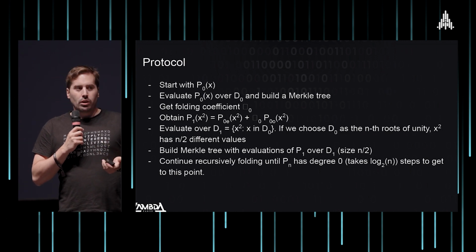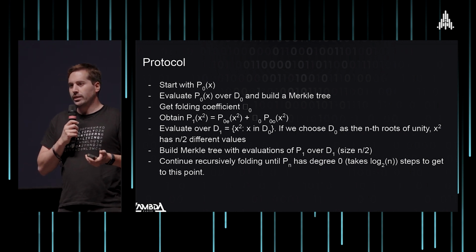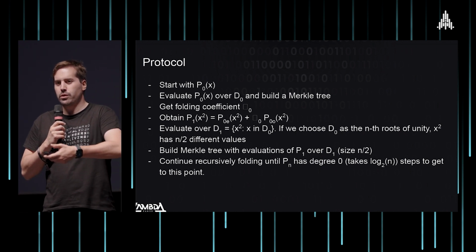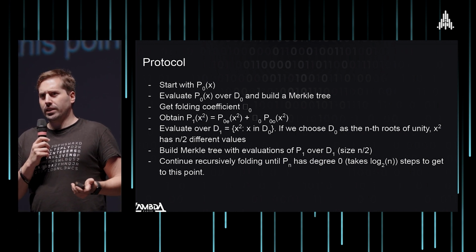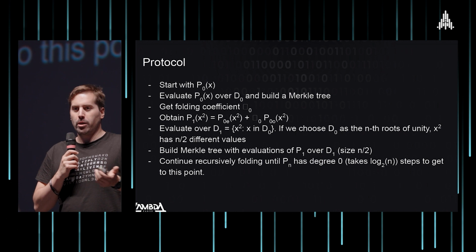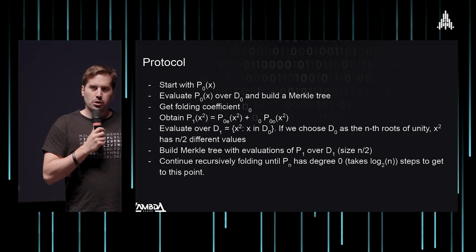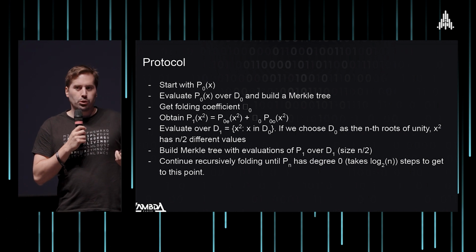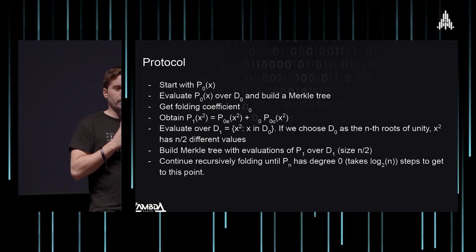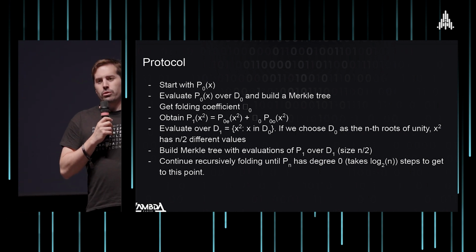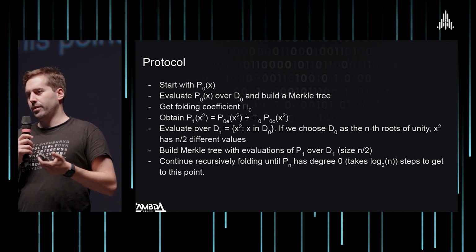So what's the protocol like? We start with a polynomial. Of course, one way to show that something is a polynomial is just I give you all the coefficients and you check that it is in fact a polynomial. The problem is if our polynomial is very large, then we have to pass a lot of information. So can we do better? Can we reduce the amount of information we have to pass to the verifier? Okay, so there is one way we can do, but we need to interact with the verifier